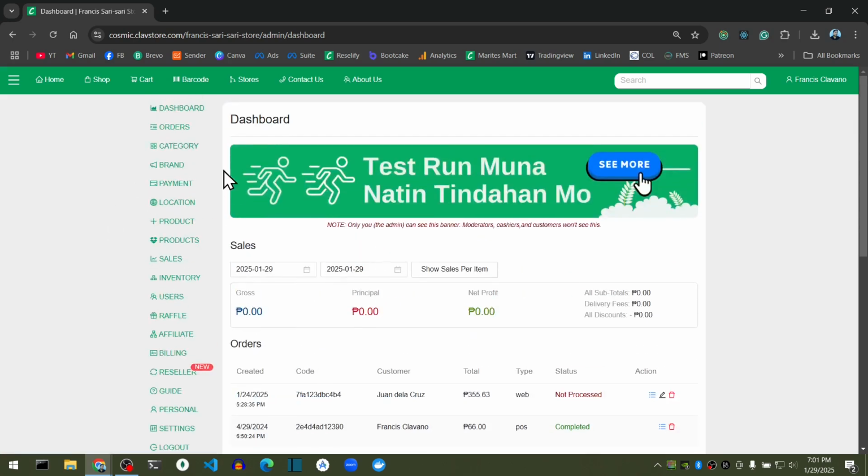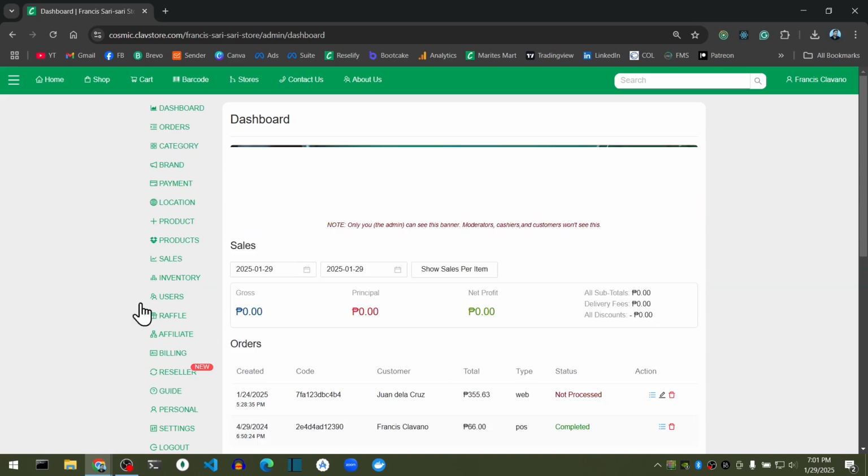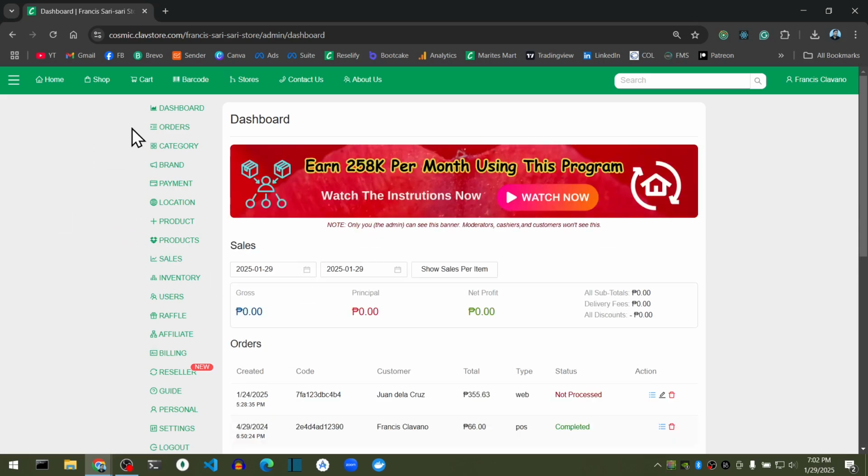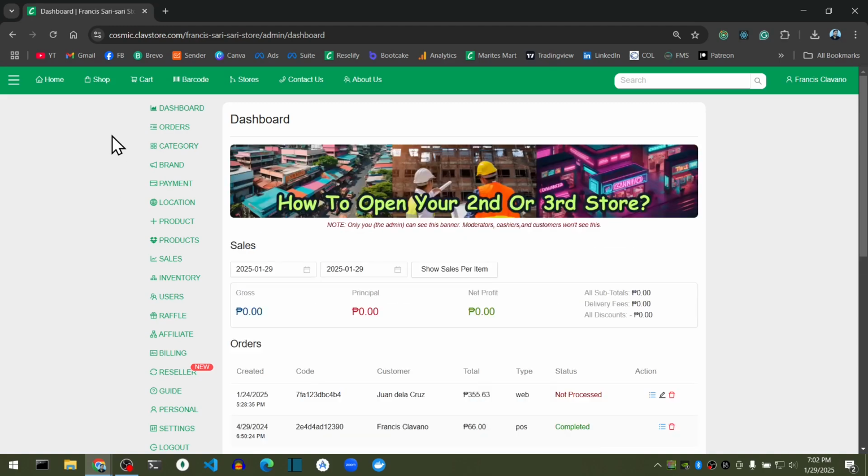There are a lot of menus or sections: orders, payments, products, inventory, sales, and so on. This is for admins and owners, and also for moderators and cashiers. But moderators and cashiers can be restricted; it depends on you as an admin which sections on the left side will be shown to them. But you as admin have full access to your website.